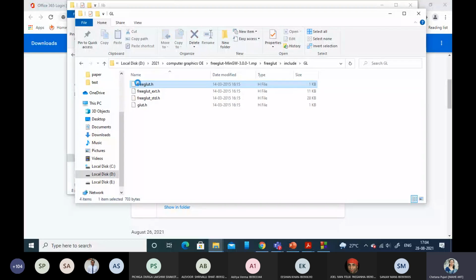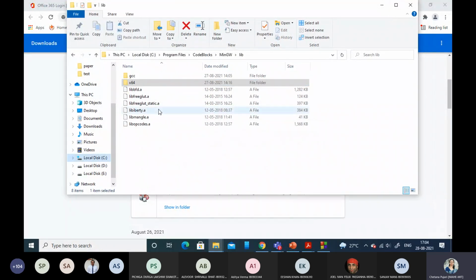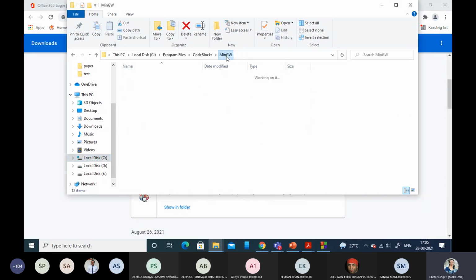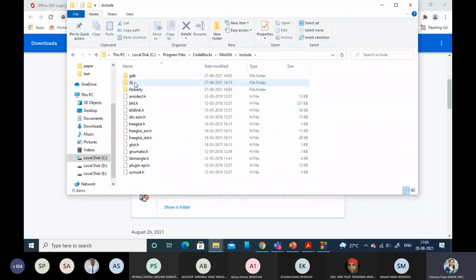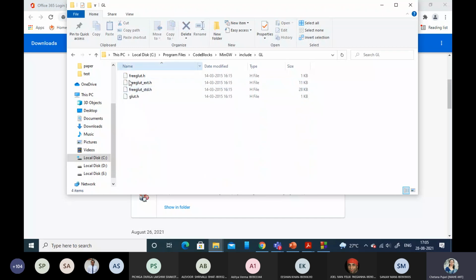Inside GL, you have a set of files. You are going to copy those and paste them inside the include GL folder here. So whatever content is in include GL, you copy from your FreeGLUT to MinGW.